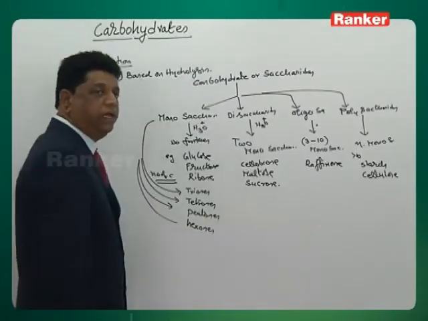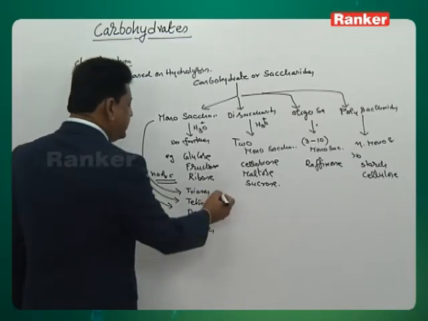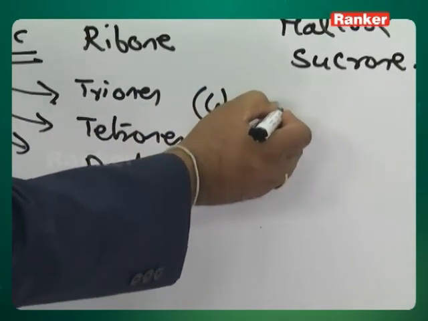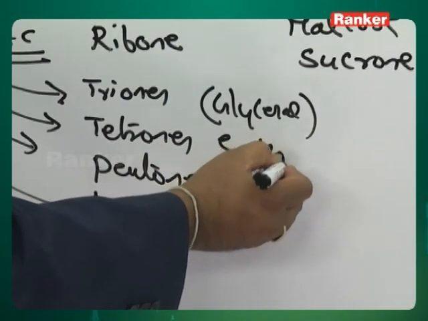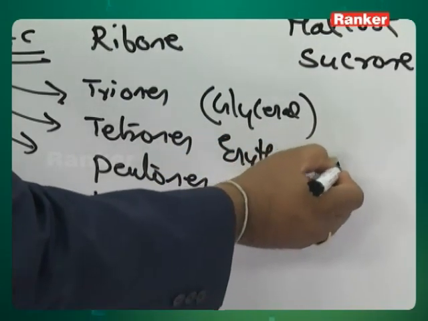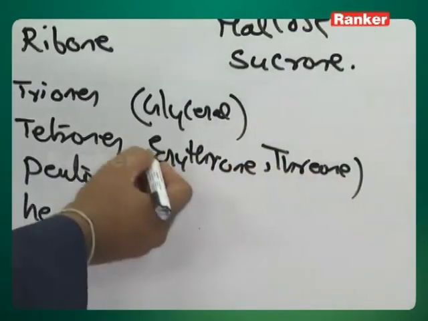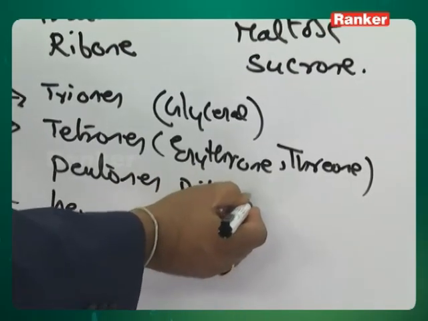Triose: glyceraldehyde is an example. Erythrose and threose are the examples for the tetroses. For pentoses, we have ribose,